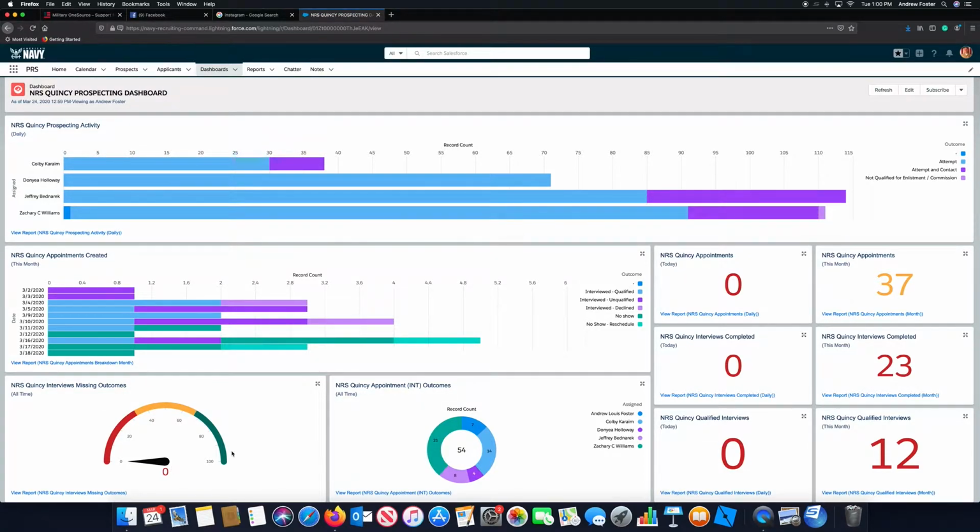In regards to appointment outcomes, this is just my personal preference. I like to create this pie chart, wheel chart, whatever you want to call it, just to let me see of all time how we're looking in regards to interview outcomes. This is my today column. This is my for this month column. It lets me see the appointments, interviews, and QIs